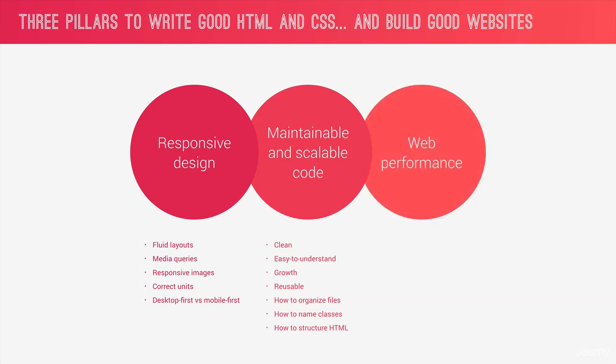Alright, and last but not least, let's talk web performance. Making a website or app more performant means to make it faster and to make it smaller in size, so that the user has to download less data. Now, there are many things that affect performance, and some factors don't have much to do with our code, but some of the things that we can do is to make as few HTTP requests as possible,